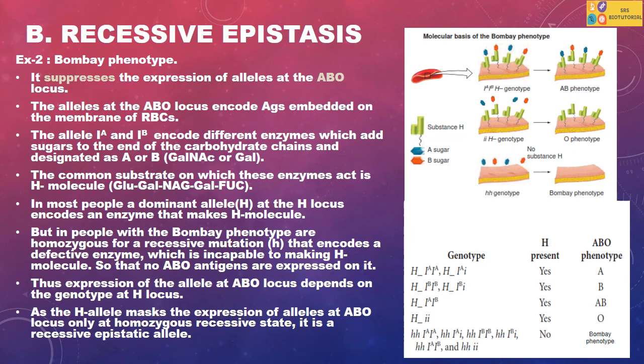Thus, expression of alleles at the ABO locus depends on the genotype at the H locus. Whatever the genotype at the ABO locus, their expression is totally controlled by the genotype at the H locus. As the h allele masks the expression of alleles at the ABO locus only at homozygous recessive state, it is a